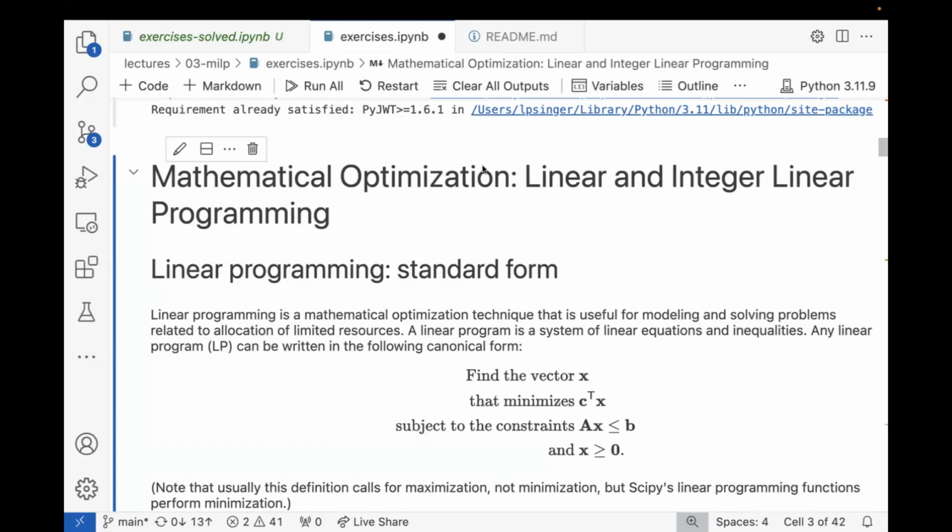So actually, this is an important note. The usual definition of this canonical form is: find the vector x that maximizes c transpose x. But because SciPy uses the convention that it's minimization, that's how we're going to define this canonical form. We're going to minimize c transpose x subject to